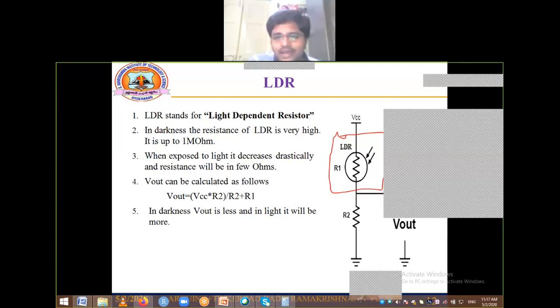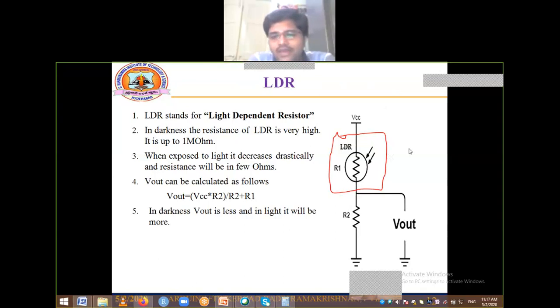Whenever the outside environment has light, I can consider my street light is off. Whenever light is not there, in such case I can make the street light on. For that application, maybe I can go with this LDR. Again, this is like how we considered the voltage divider circuit.